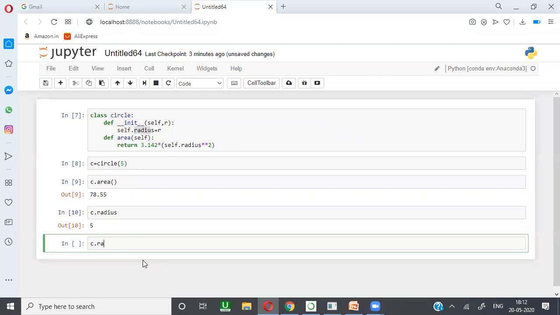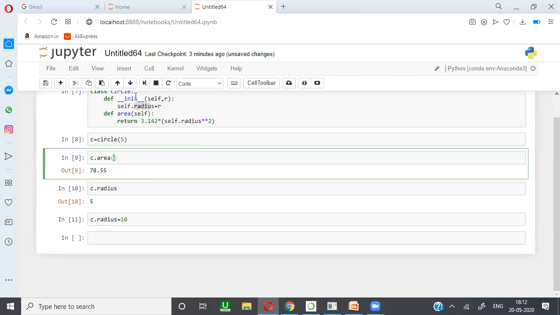So if I want to change it, we can change it.